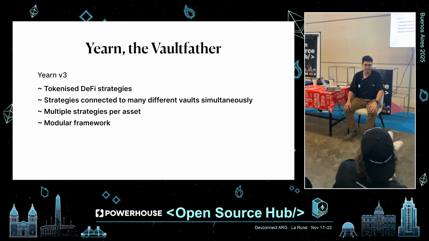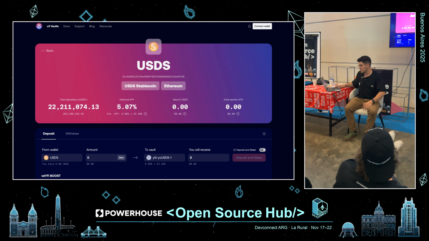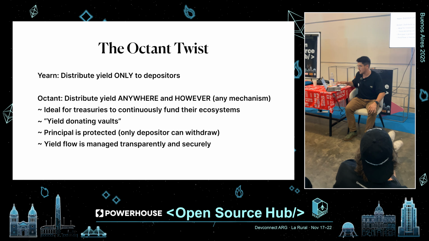And soon, in a few weeks, we're going to launch the allocation mechanisms that you can use to allocate the yield that's generated there. So this is just showing how Yearn works. The difference from what we've modified from Yearn is that in Yearn the depositors receive the yield, but with Octant the yield goes to a splitter contract, and then you can decide where it goes. As we've been doing in the past, funding public goods, we're going to keep doing this, but with this new mechanism that we've built.